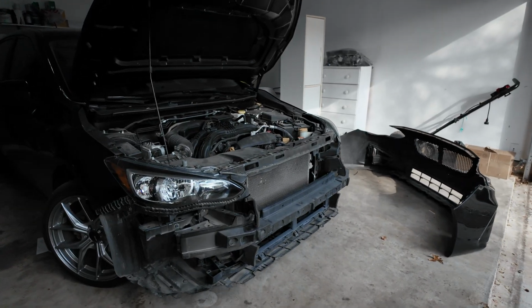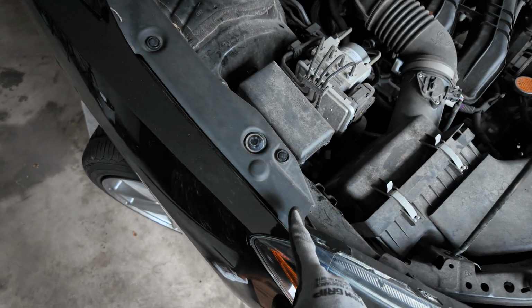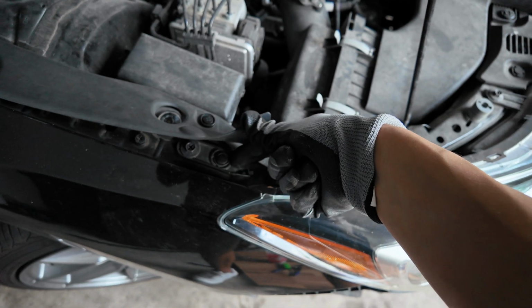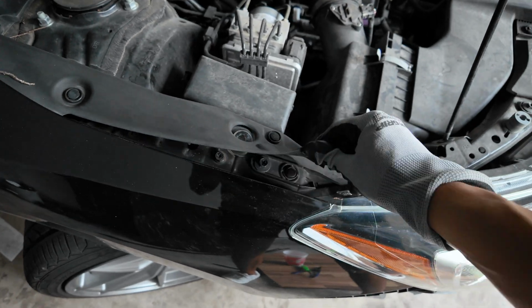Now, once you've got the bumper off, you're just going to look for 4 bolts. As you can see, we have 1 right here. This little plastic piece, there's this ridge that's hiding another bolt. You do have a fastener right here as well. Now, from this point, you can remove this piece entirely if you want to. There's a fastener here as well as 1 here, but it is plastic,